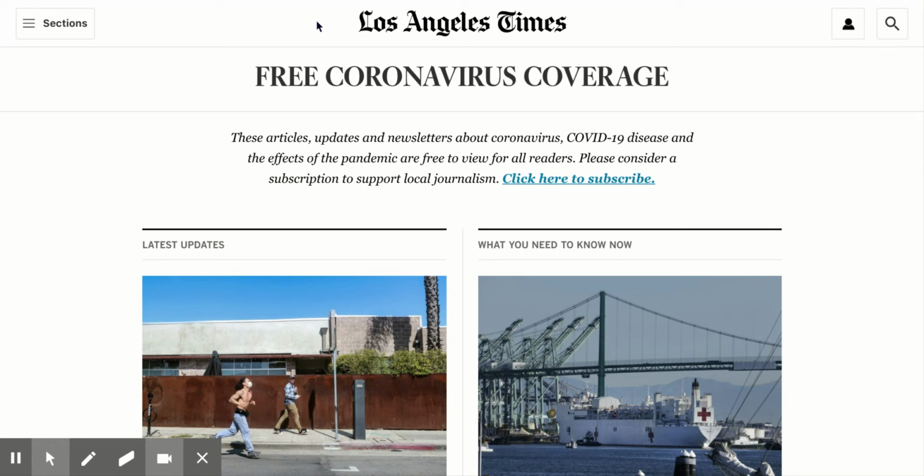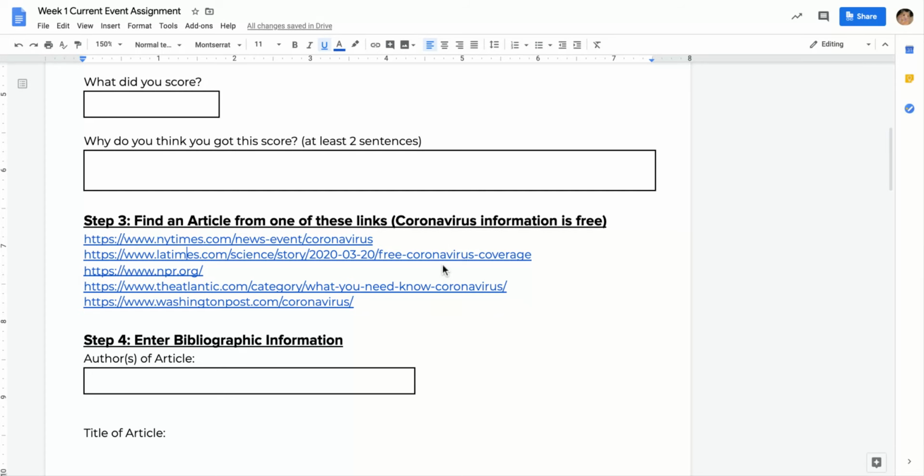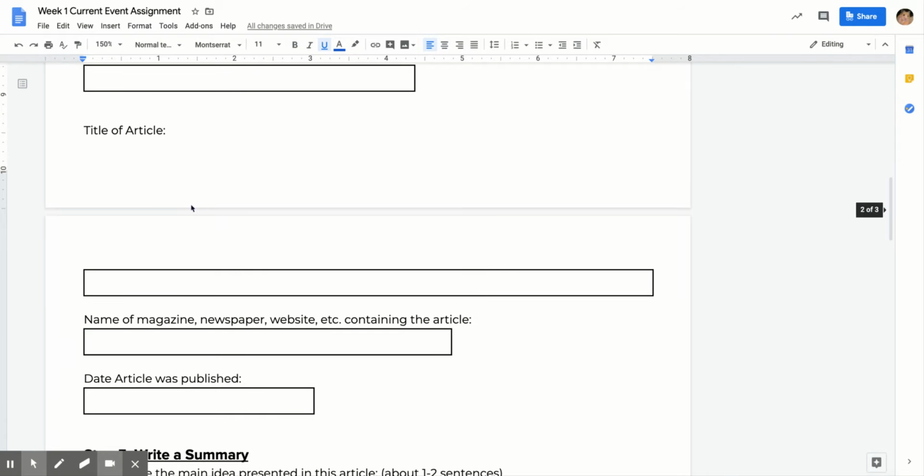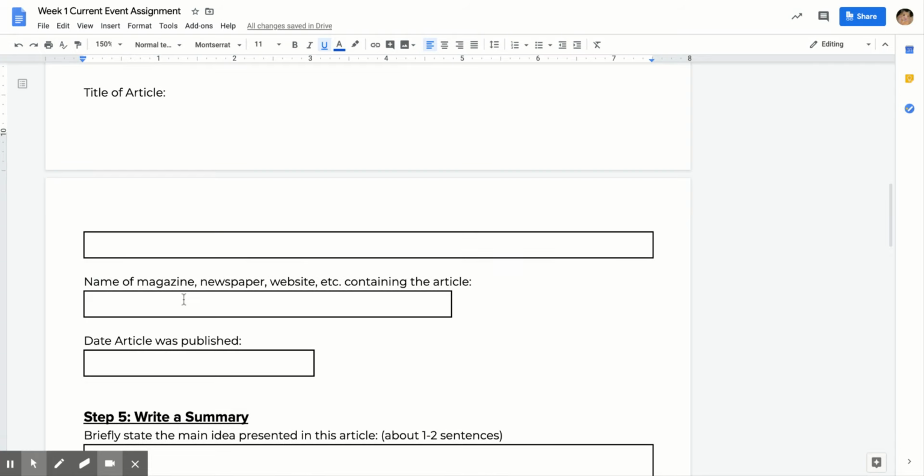This will be stuff that will be more specific to LA, but then more national stuff will be on the other tabs. So once you pick your article, you will go through the bibliographic information. What is the author of the article? If there is no author, you can just write, LA Times staff or something like that. What's the title? The name of the magazine, newspaper, website.